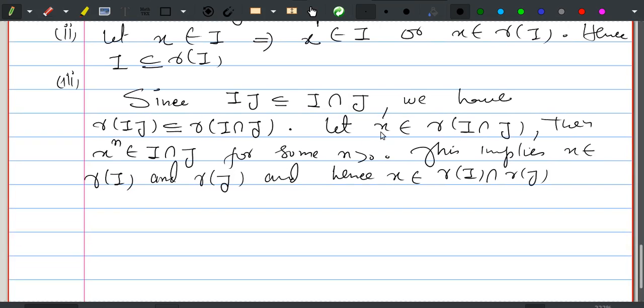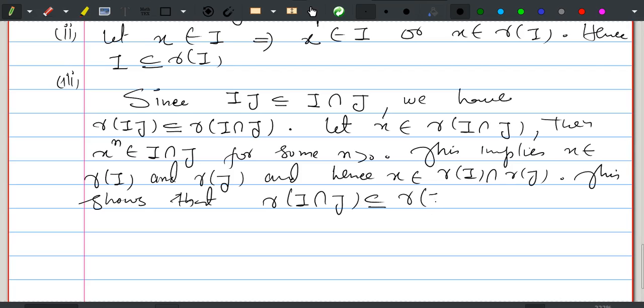So this proves that, this x was chosen here. So this shows that the radical of I ∩ J is actually contained in the radical of I intersection the radical of J. So this proves this containment here. Now finally,